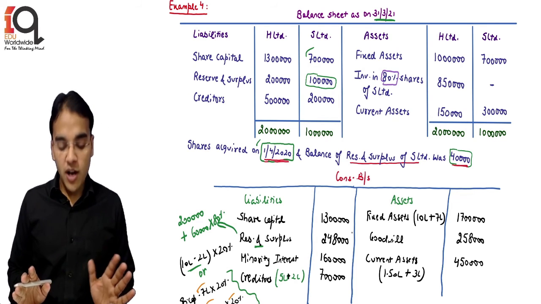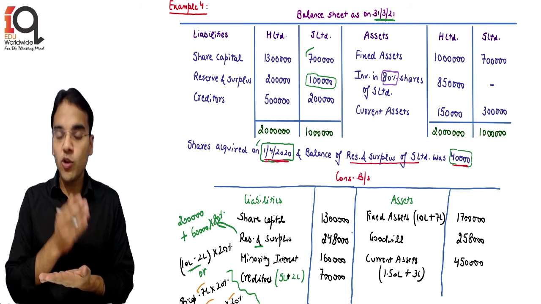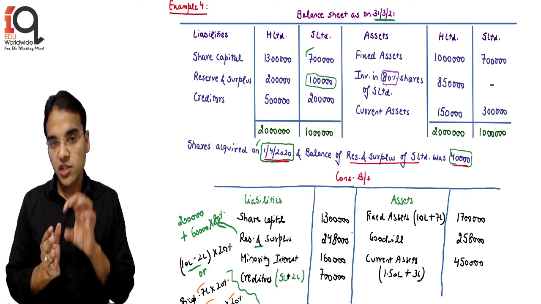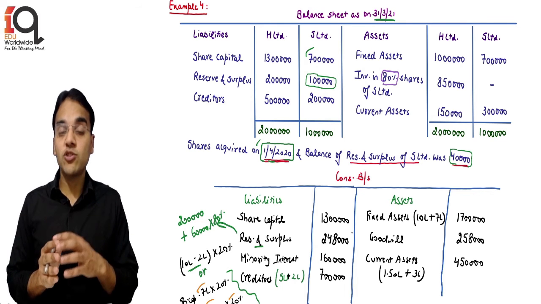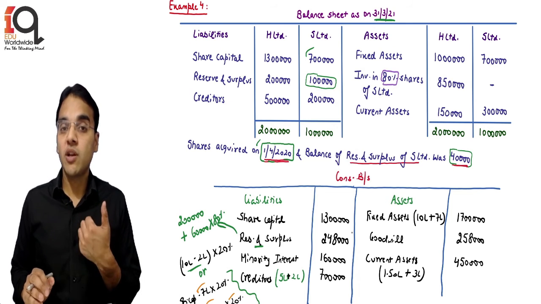If I tell you out of all the examples, because obviously I was making a base: example 1 only goodwill capital reserve, example 2 minority interest, example 3 I put the value of reserve and surplus, but the acquisition was lost there, so there was no problem. Here the acquisition is on the first day, so we are actually understanding the other things as well, which result in the computation of minority interest.